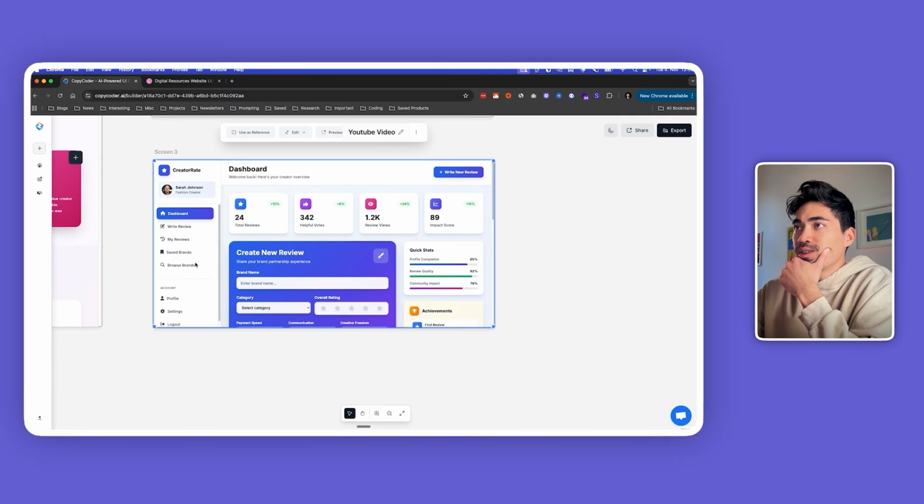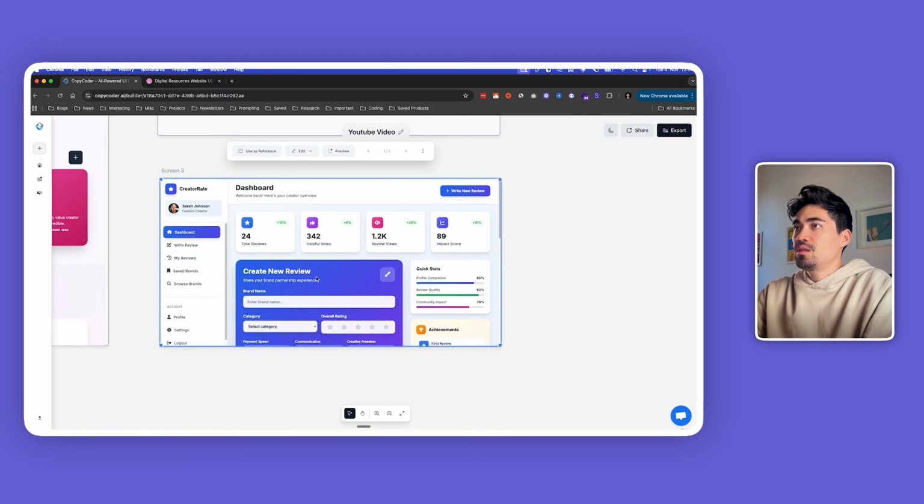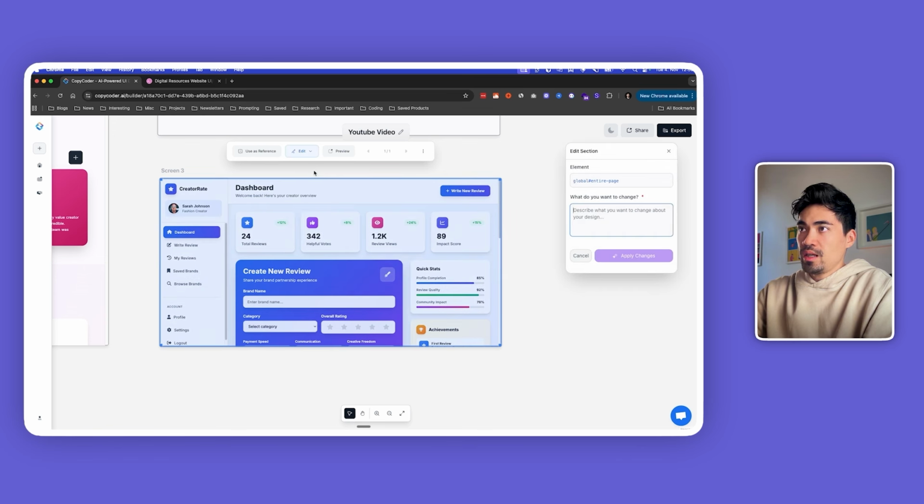Might be a bit overkill, to be honest. It has a dashboard part. It has a write review, my reviews, that's fine. Saved brands, browse brands, okay. I think we can probably simplify this a bit and remove some of the things because we don't really need all of that for an MVP version of an app like this. So I will say,